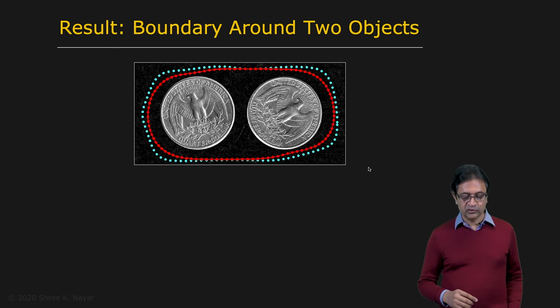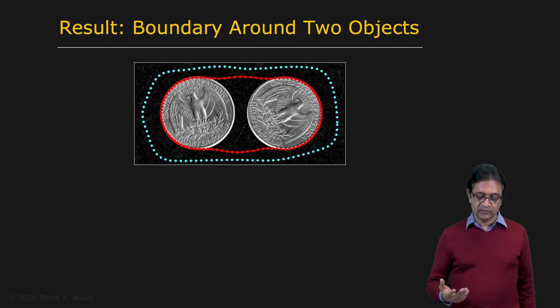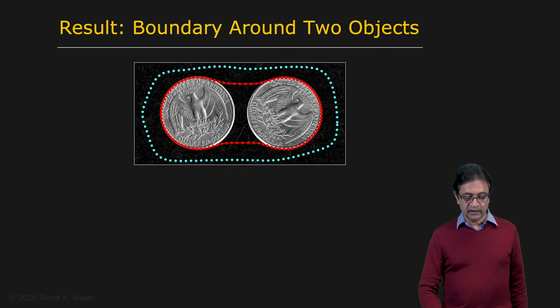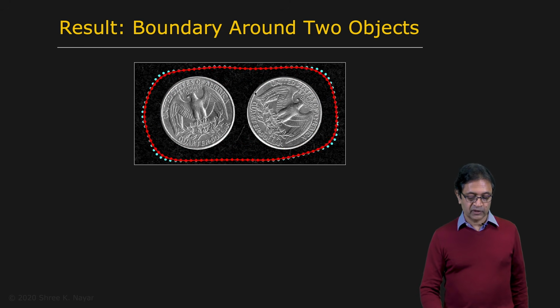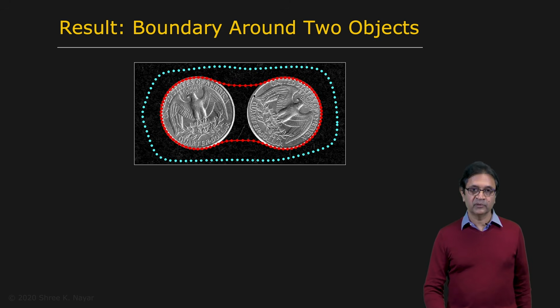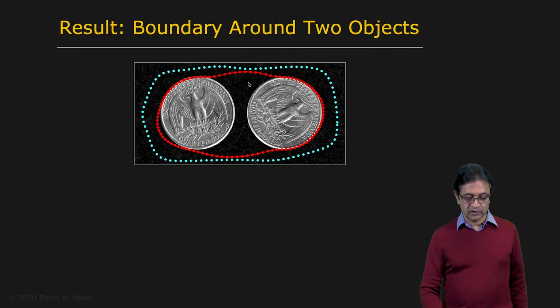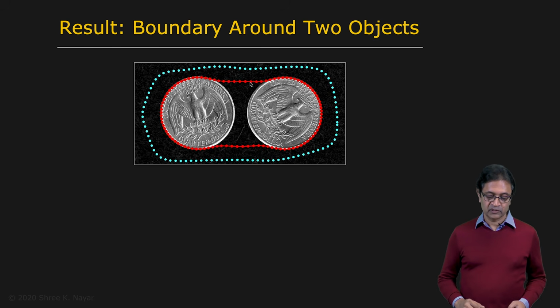Now what happens if you have two of these coins? Well, it actually behaves sort of like a rubber band. This is the active contour you end up getting. And of course, you still have the image term pulling you further in because you have gradients in this part of the coin and right here on the inside. However, because you have your elastic term and your smoothness term, you end up converging at this particular contour right here.